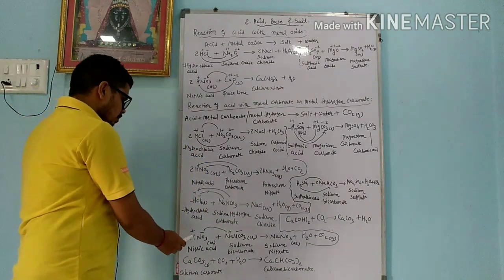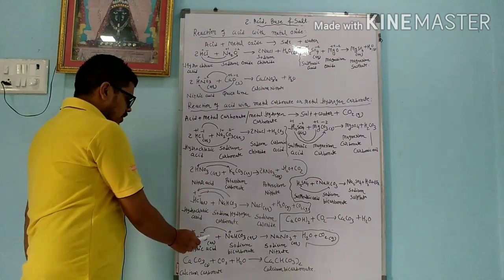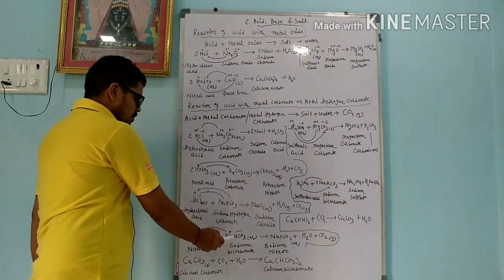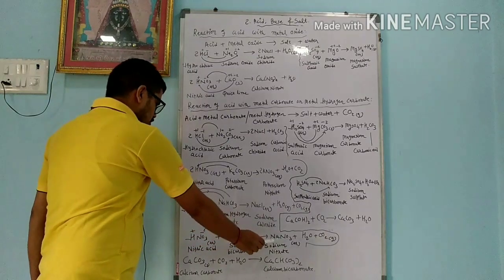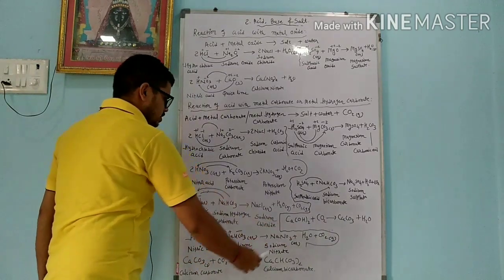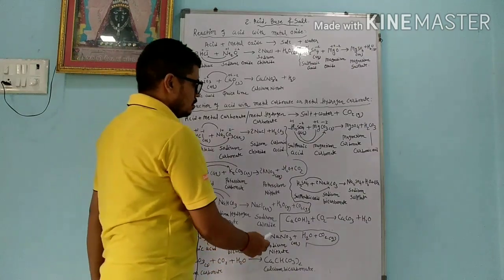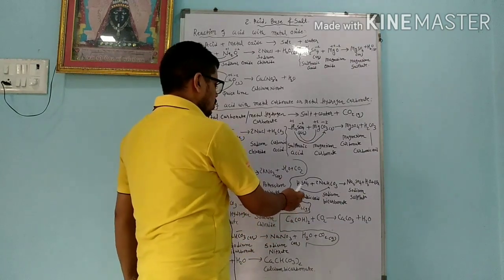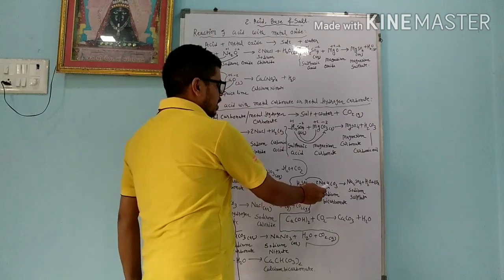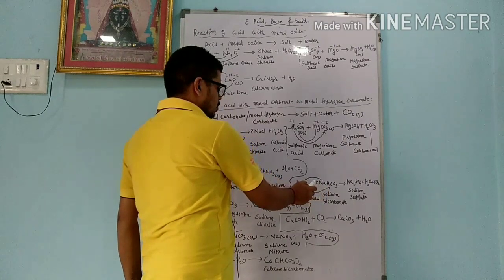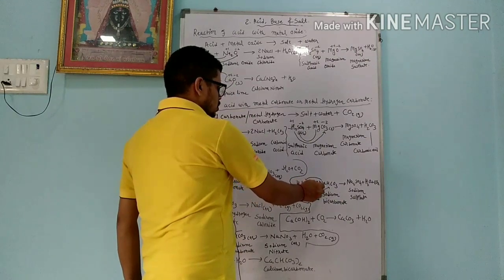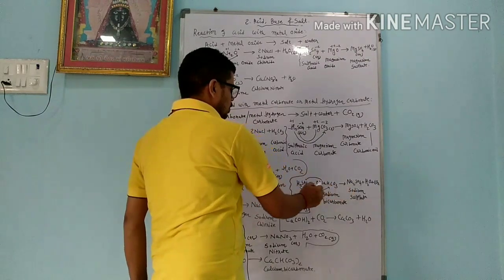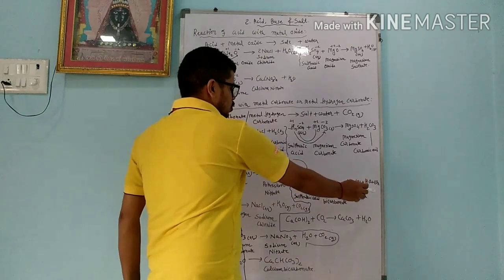Same way, when HNO3 react with the NaHCO3 metal hydrogen carbonate, then Na react with NO3, we get NaNO3 plus we get H2O plus CO2. H2SO4 react with NaHCO3, so metal hydrogen carbonate. We know that Na is plus 1, SO4 is minus 2, so they combine here, we get Na2SO4 plus we get H2O plus CO2.